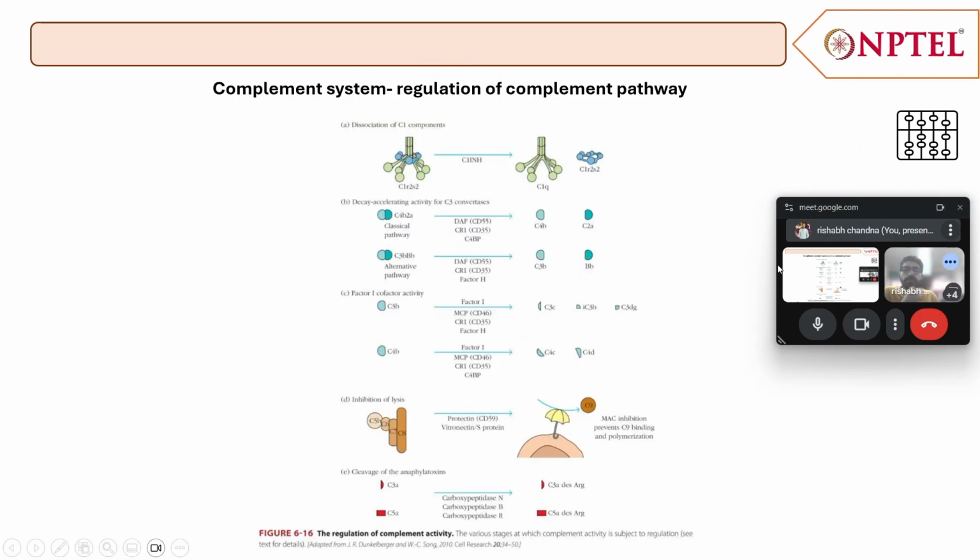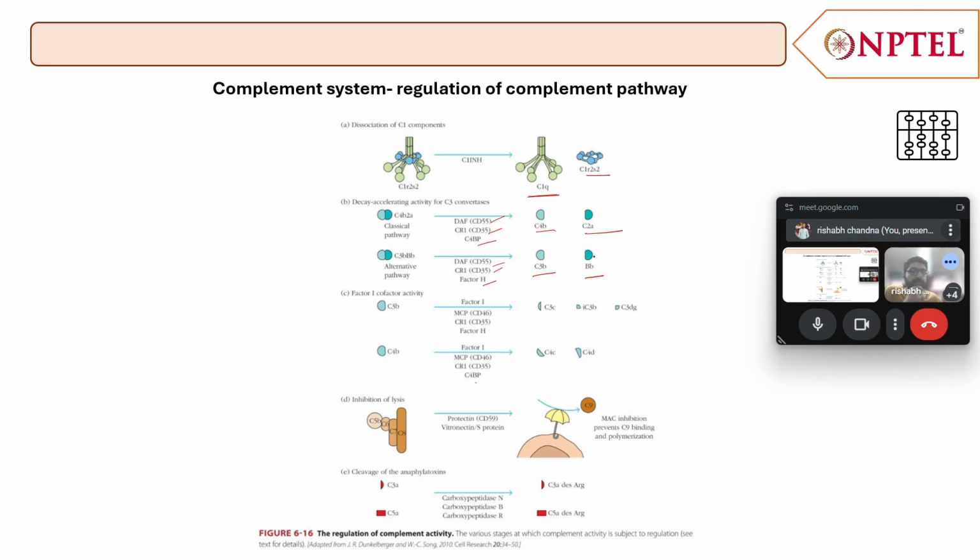Okay, we'll move further. This is how the different proteins actually work. Just now we discussed this diagrammatic representation. First is C1NH, which dissociates R2 and S2 from C1Q so that they will not be activated. Then we have C3 convertase decay accelerating activity, that is DAF, CR1, C4BP, and for the alternative pathway, we have DAF, CR1, and factor H that will basically dissociate C4B and C2A and C3B